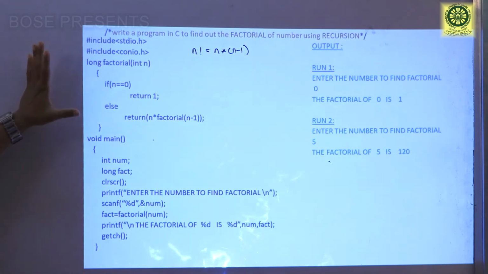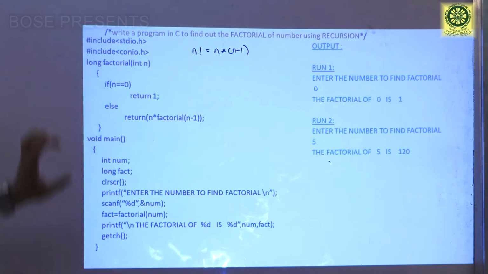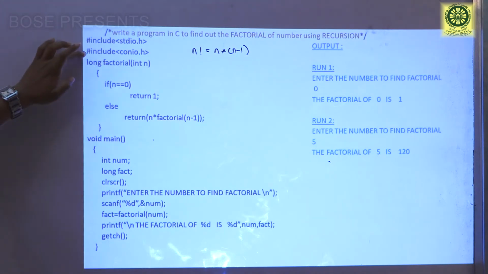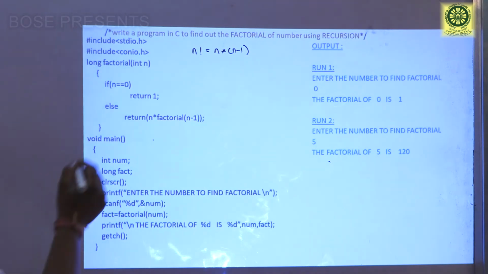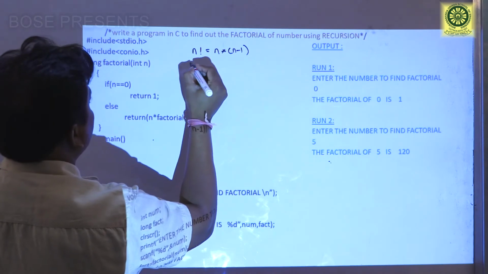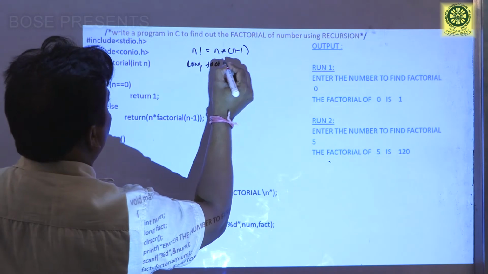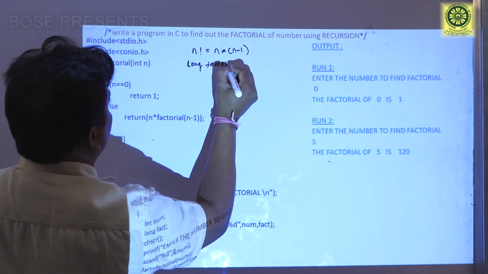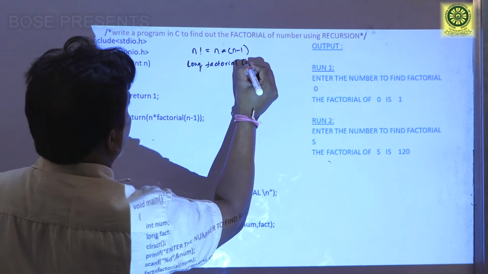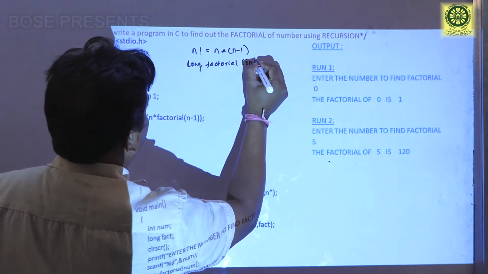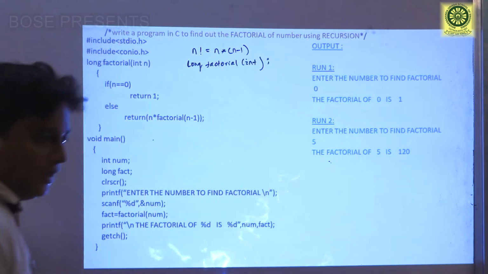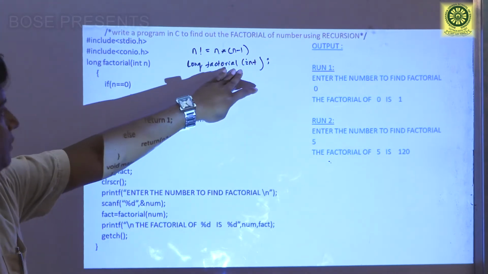That is the motto. We can define this function after the main function also, but if we define the user defined function after the main function, we have to write the function prototype, that is long factorial int, and the prototype must end with a semicolon.